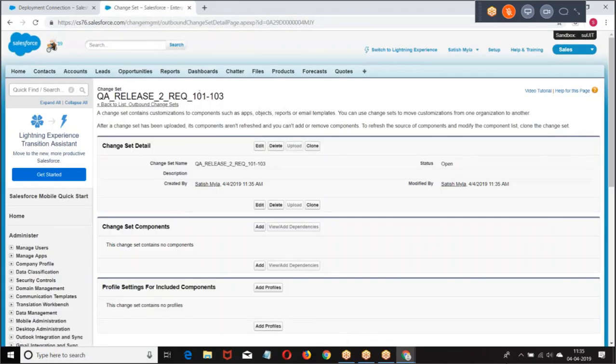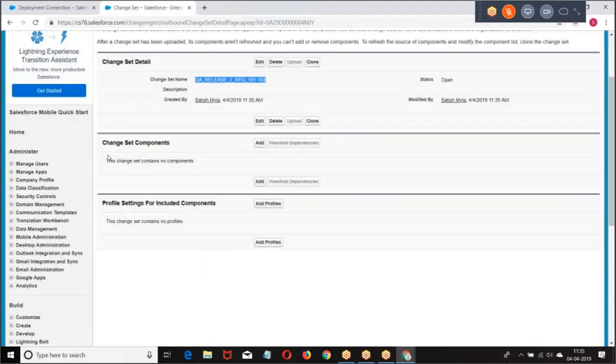I have created a QA release 2 requirement from 101 to 103. I'm going to embed this in the change set and deploy it. In QA release version 2, I'm uploading the requirements 101 to 103, whatever requirements are given, that I'm implementing and deploying. Give some meaningful name, generally what your company follows. Then whatever you want to deploy, I have to add to the change set component.